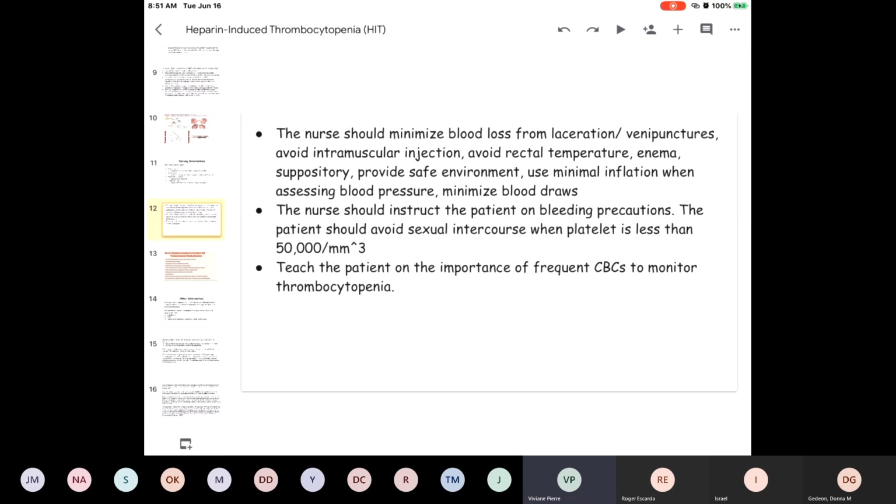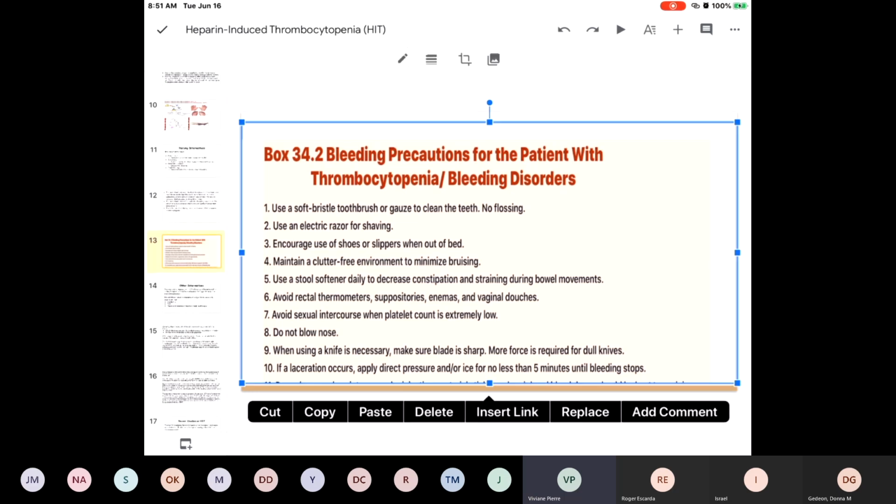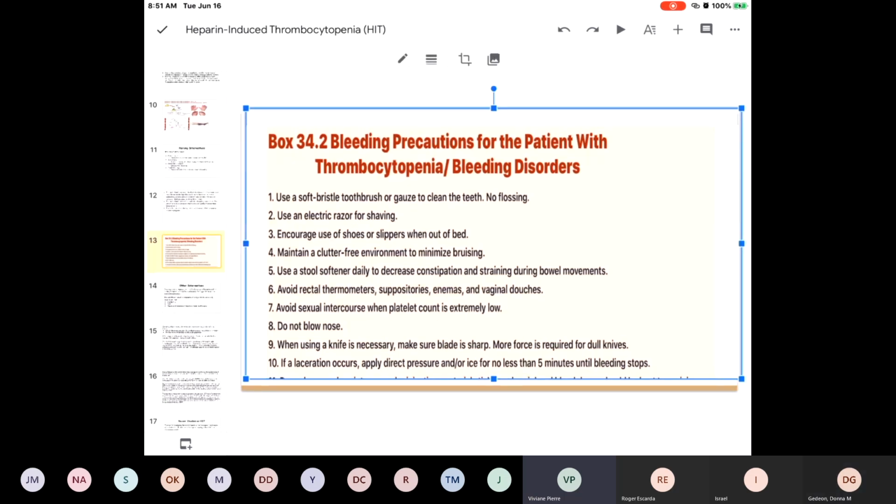Teach the patient the importance of frequent CBCs to monitor thrombocytopenia. These are the bleeding precautions for the patient with thrombocytopenia. So the patient has to use a soft bristle toothbrush, use an electric razor for shaving,